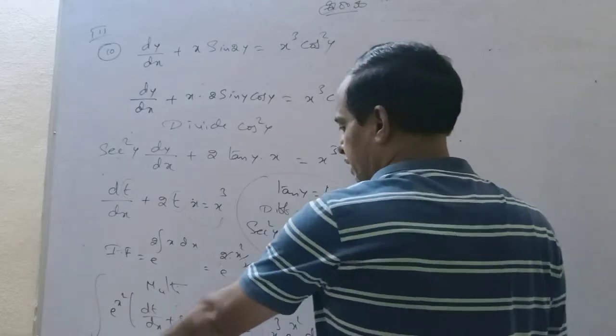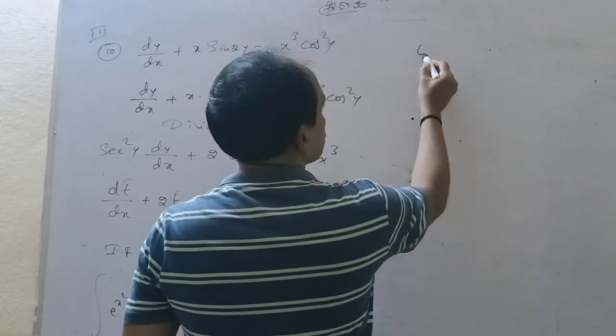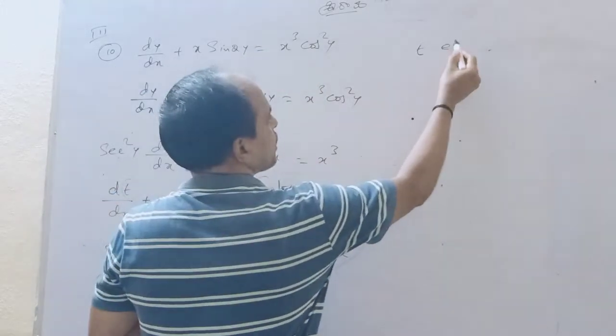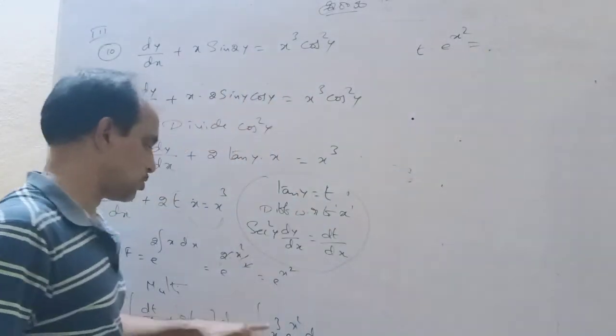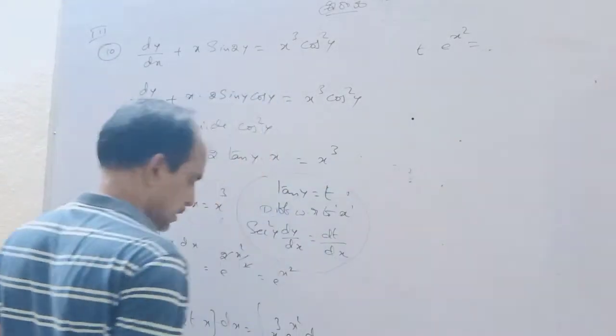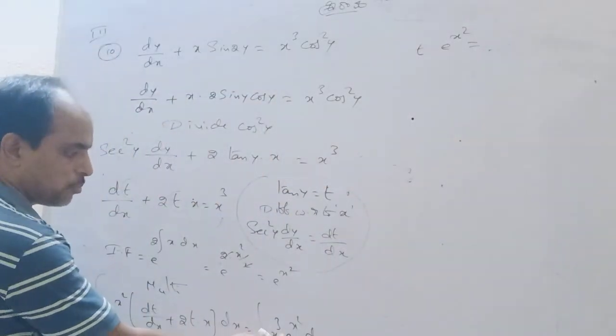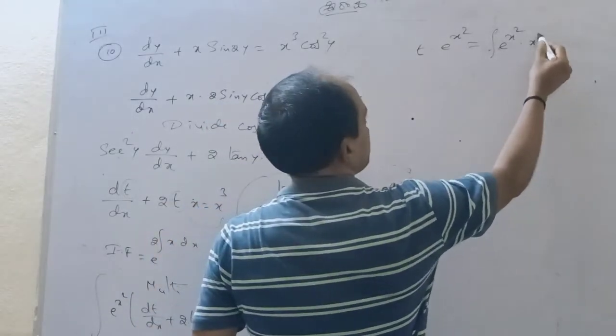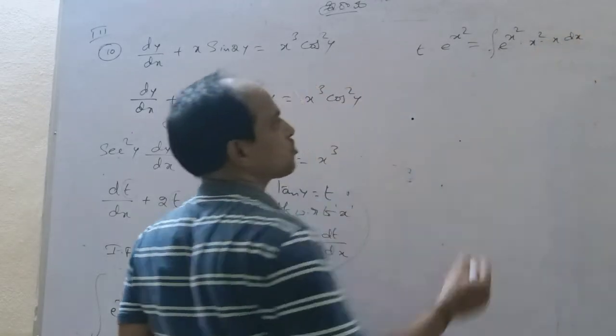On the left hand side we have the integrating factor. What is the integrating factor here? e to the power of x square, and here is the integration. Just as we did in the previous problem, x cube into e power x square. We can write this as e power x square into x cube, which can be written as x square into